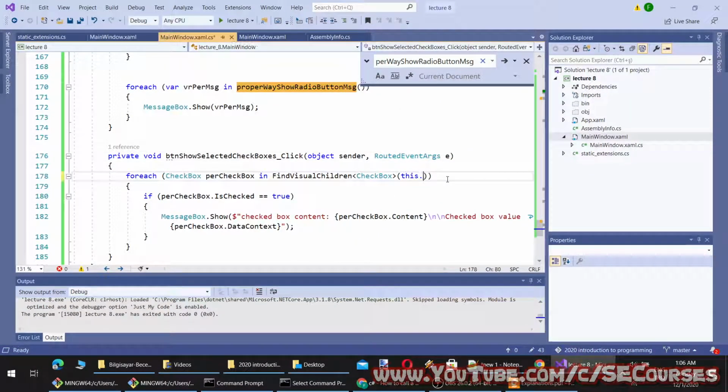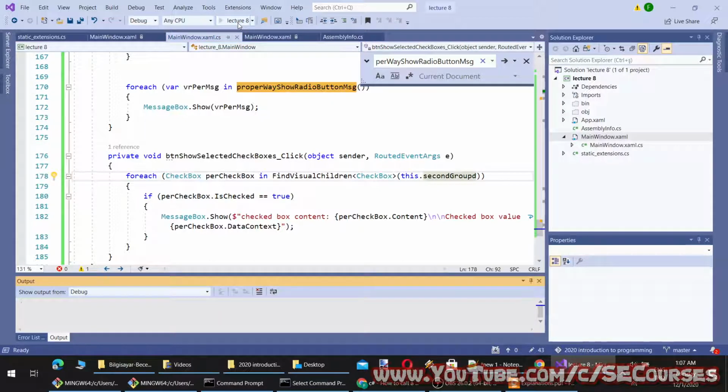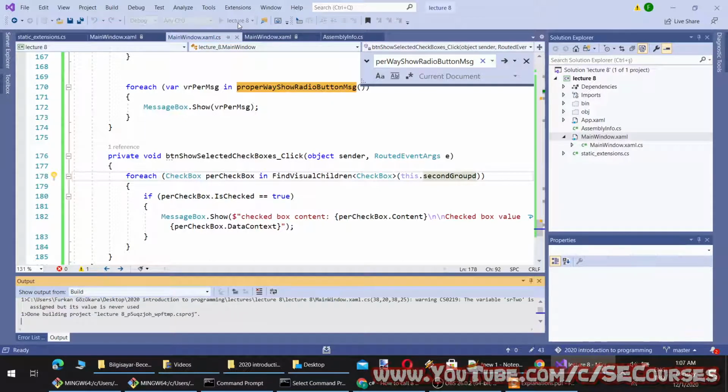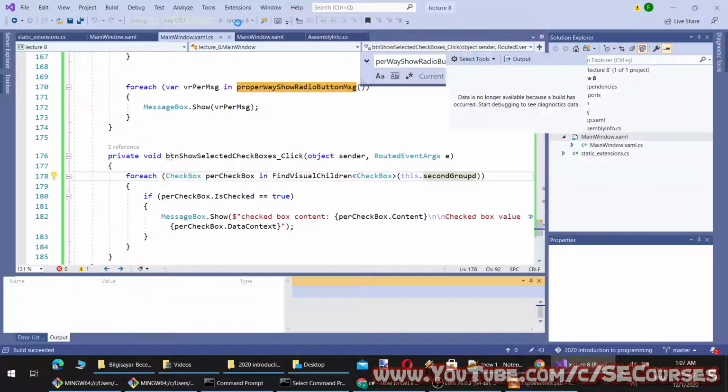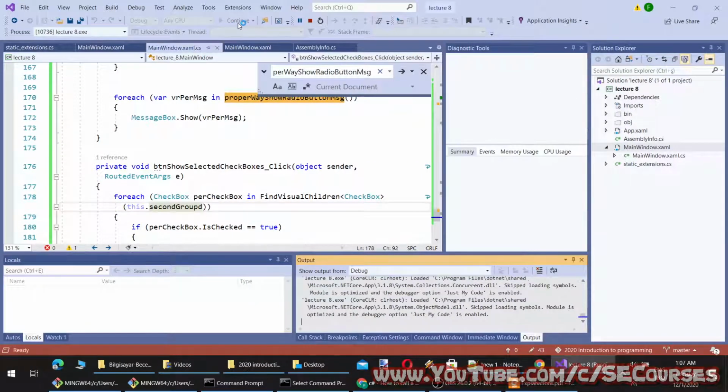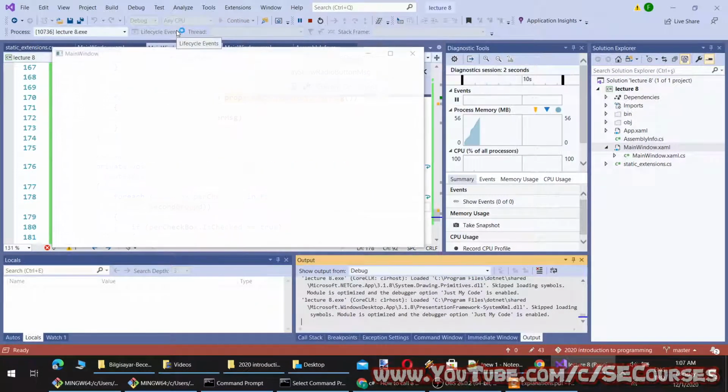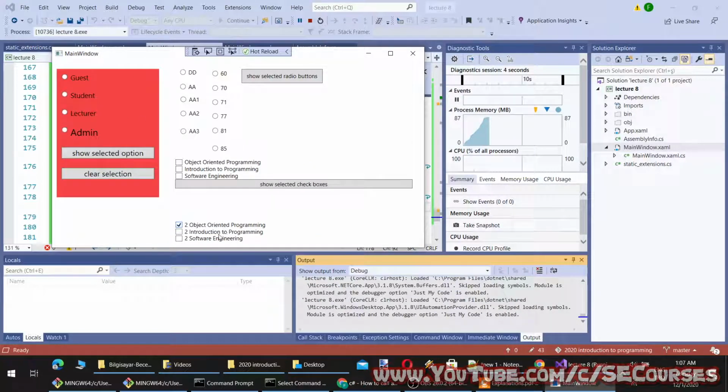Let's limit this to a group, let's say second group, for example. I have restricted to second group. And now it will show the second group. However, first group will not be displayed.